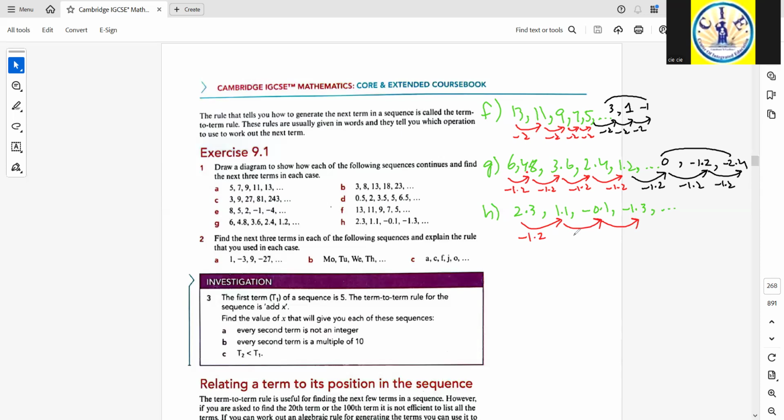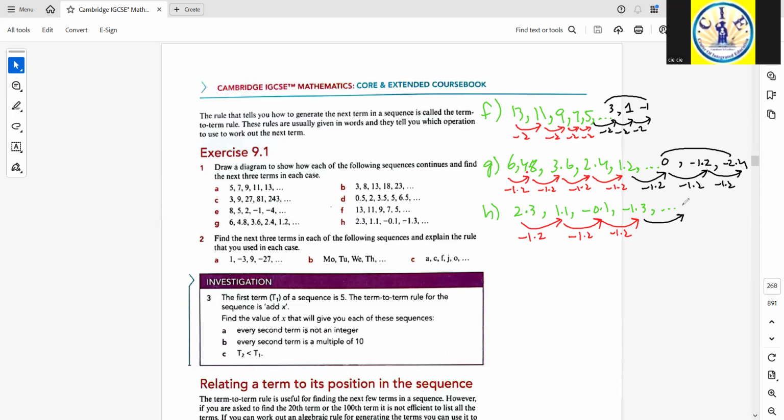Then again subtracting 1.2, subtracting 1.2, and so on. So this part has got the same term to term rule of subtracting 1.2, or you can say adding negative